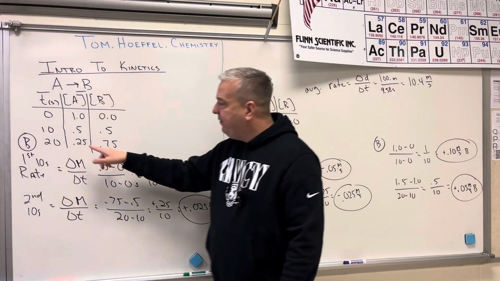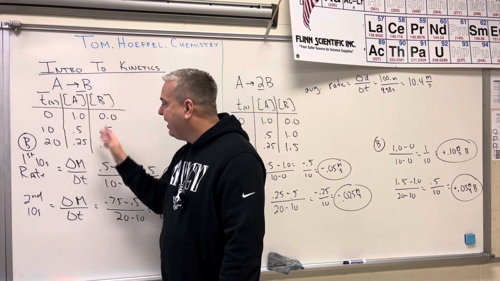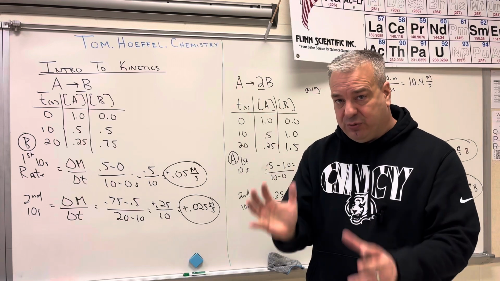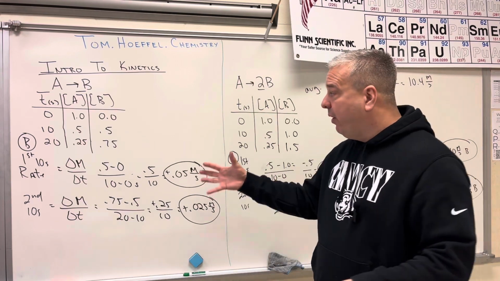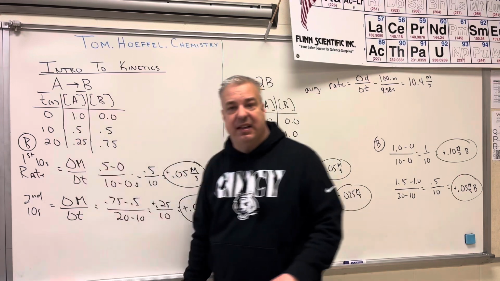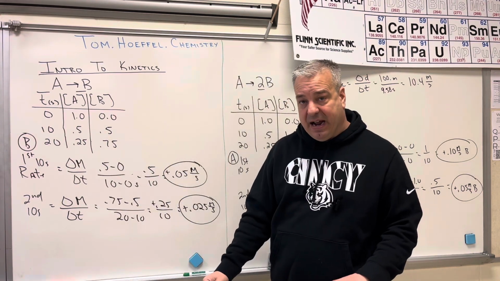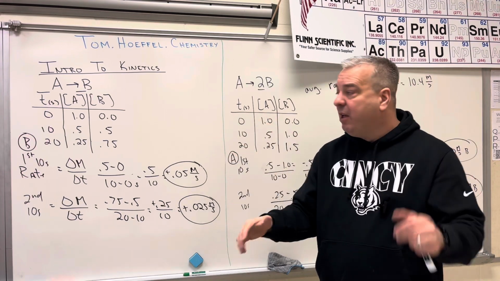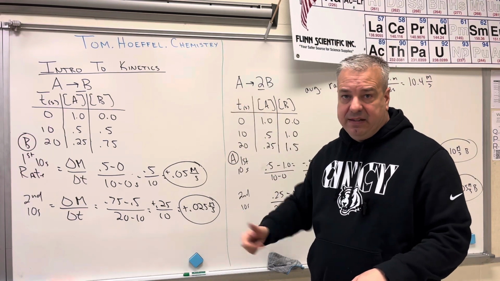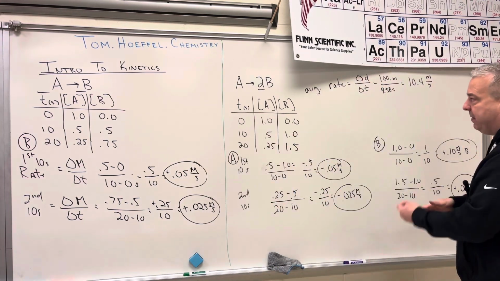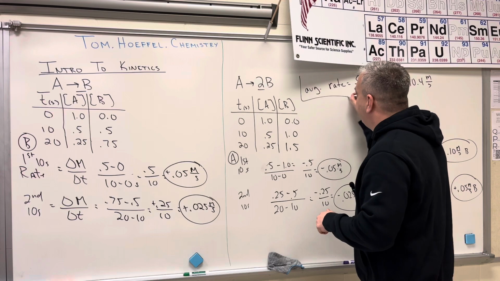So if we have these points, in the first 10 seconds and the second 10 seconds, that's going to be an average rate for the chemical reaction in those intervals. That's all we know because we have these moments in time where we've calculated the molarities at these different times. So everything that we're doing on the board up here is what we call an average